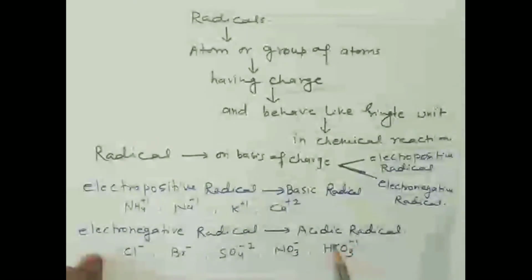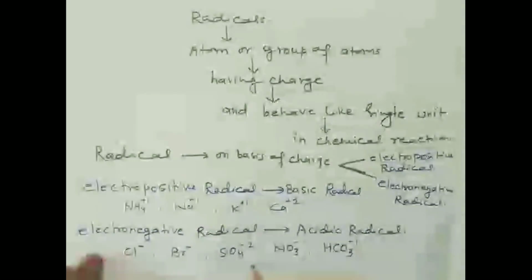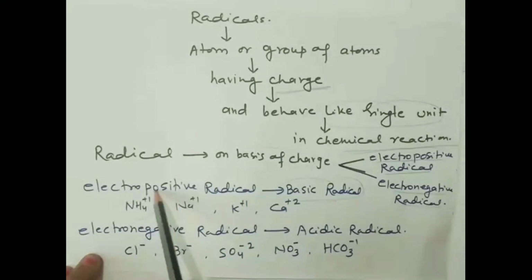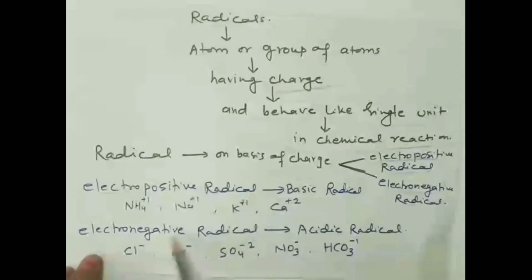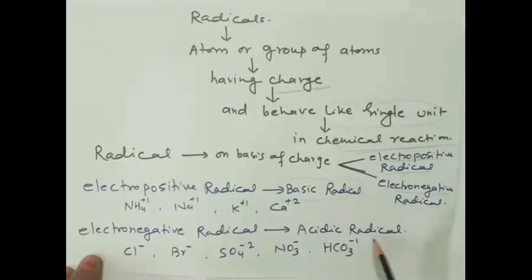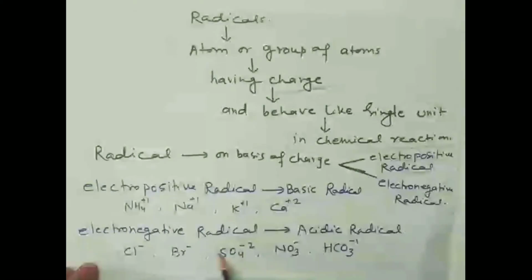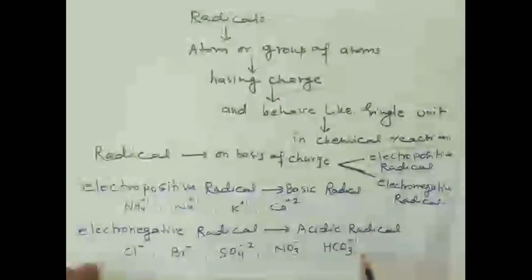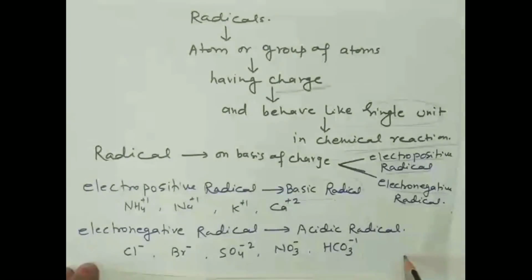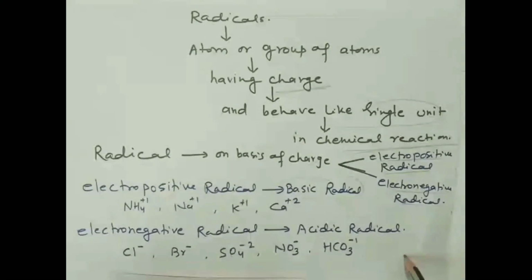Ions of metals are basic radicals. Ammonium is also a basic radical. It is the single non-metallic positive radical which is a basic radical. Electronegative radicals are called acidic radicals. For example, chloride, bromide, sulfate, nitrate, bicarbonate, bisulfate, these all are non-metallic atoms, single or groups of atoms,